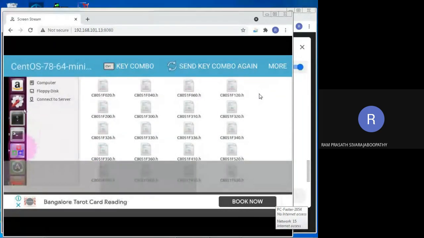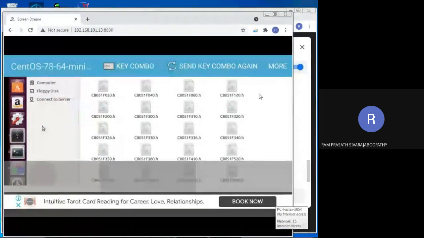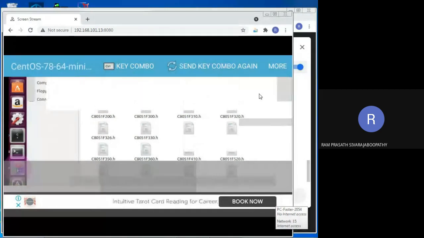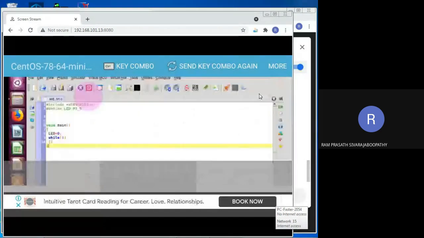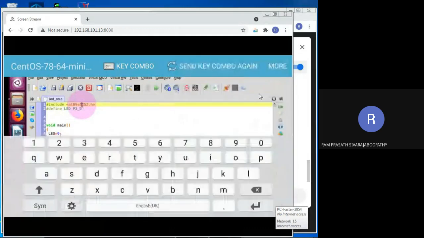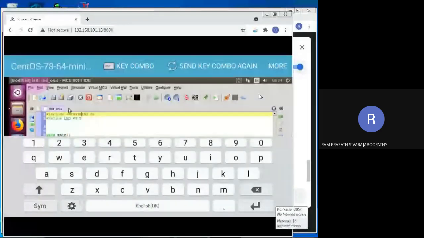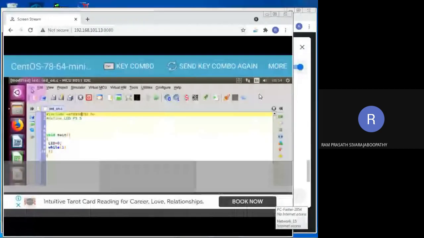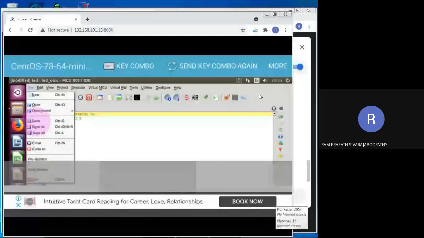See, for this simple program, how many things we are learning? That's very, very important. Okay, I'm clicking on this particular software icon. Wait a minute, it is getting open. So S must be capital. That's the fault we have done. Yes, I'm taking this. So capital S, small 8. That's it. So click on file. Click on save. That's it.